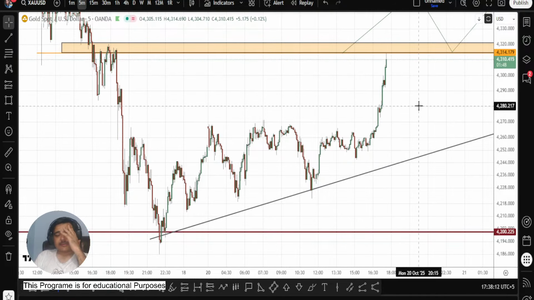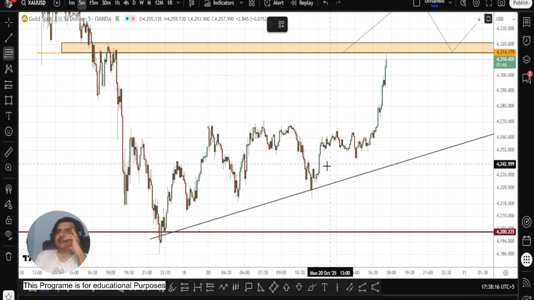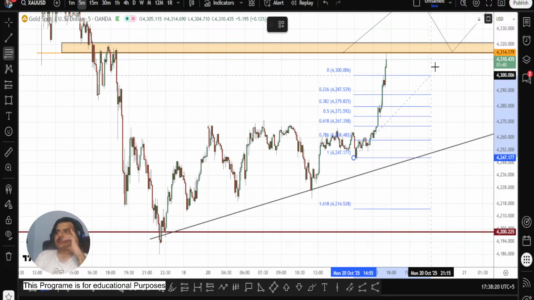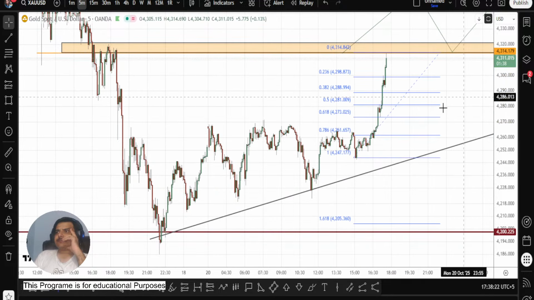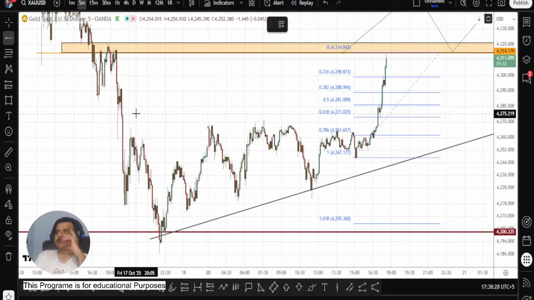This is like a thought process. But I can say yes, if it comes back down to this level, this previous breakout level, where we also have a Fibonacci number,